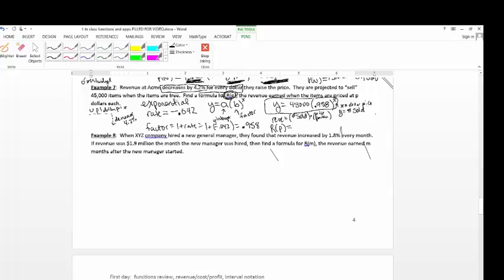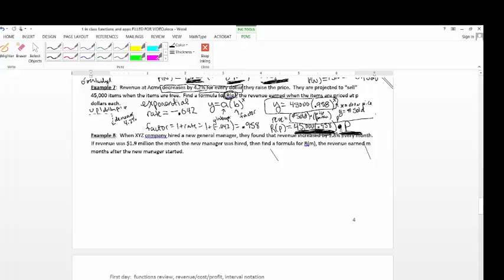Revenue, we need to take that, the 45,000 times 0.958 raised to the p, the price. That is the number sold, and then we need to multiply that whole thing times p, price per item. Here's the number sold, 45,000 times 0.958 to the p. Then you multiply that times the price. That's the